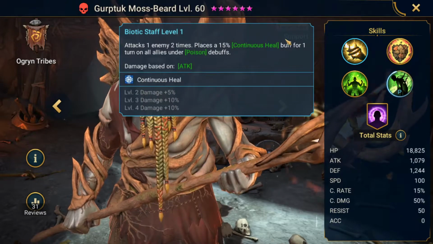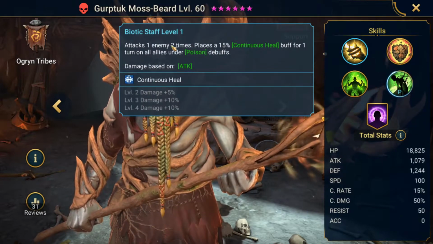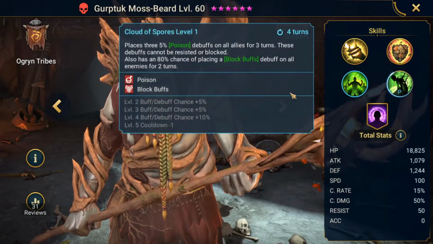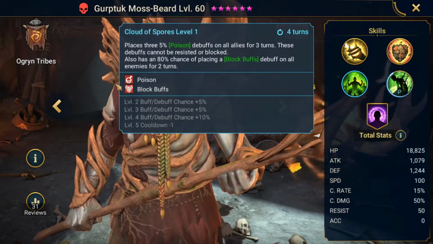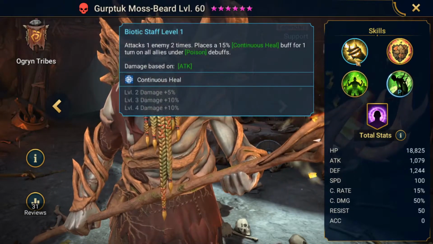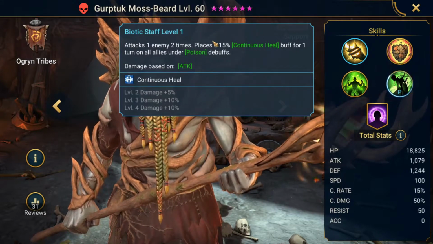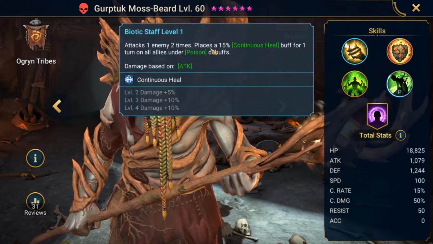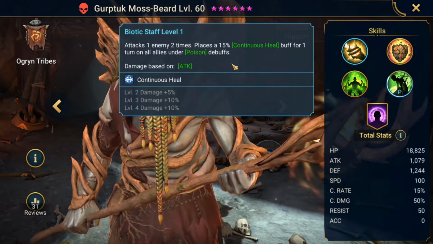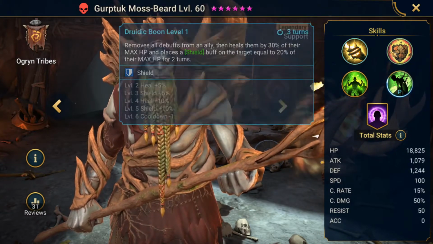And so obviously that pairs with his A1, which will give you 15% continuous heal buff for 1 turn on all allies under poison. But the thing about that is, you come in, you do your poisons. That's going to be 15% damage you're going to take from the poisons. Then it's not until the next turn you come in with your continuous heal, and then you get a 15% heal, but you're also going to take 15% damage. So really the healing doesn't keep up with the damage from the poison, which is unfortunate, especially since he probably